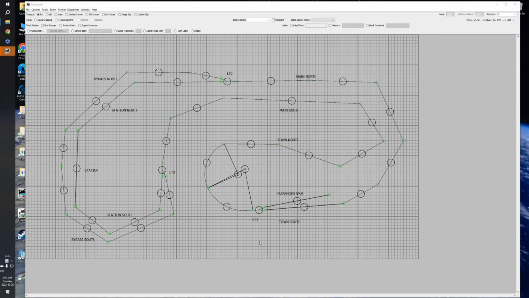This is part 2 of using JMRI warrants to automate your model railroad. This is more or less what I left you with from part 1, with Layout Editor being used to draw the tracks, put in the turnouts, and I put some names of blocks. Oh, blocks, what's that? Let me go back here to